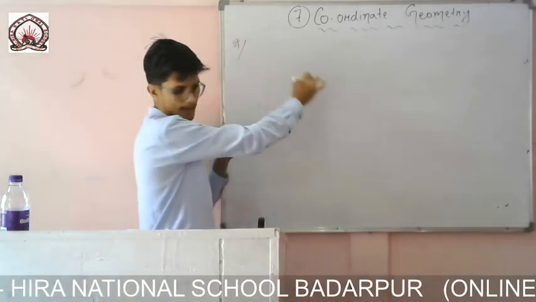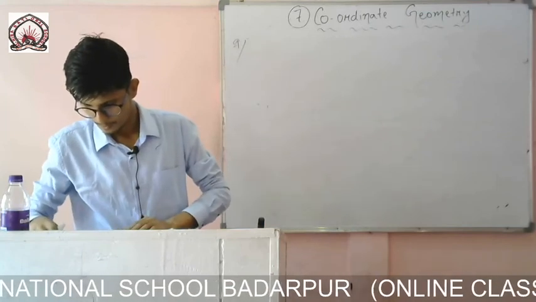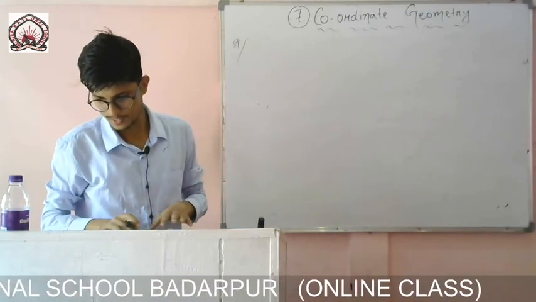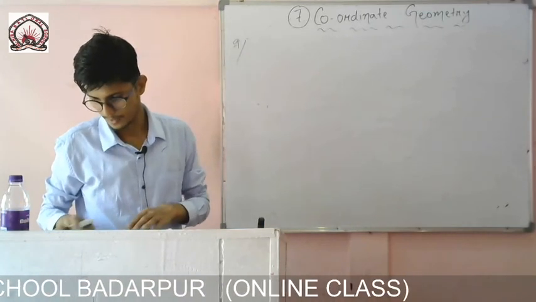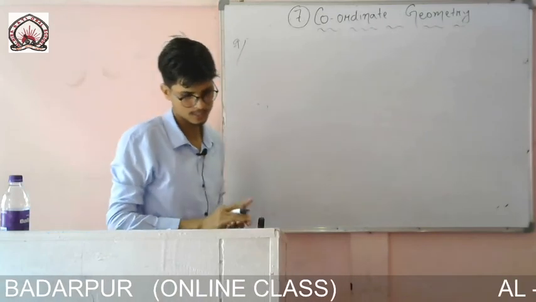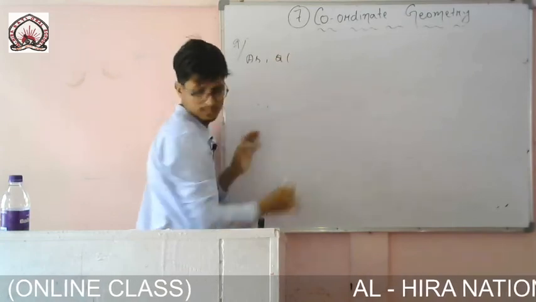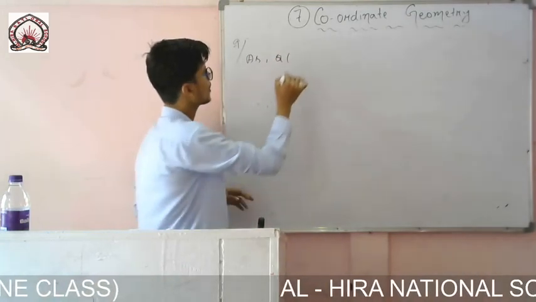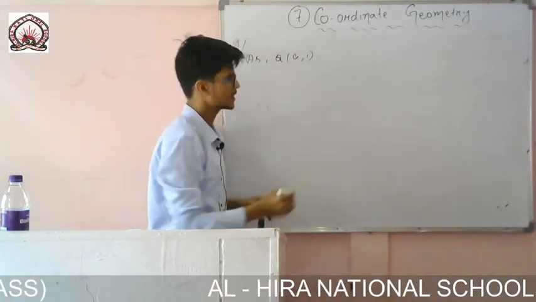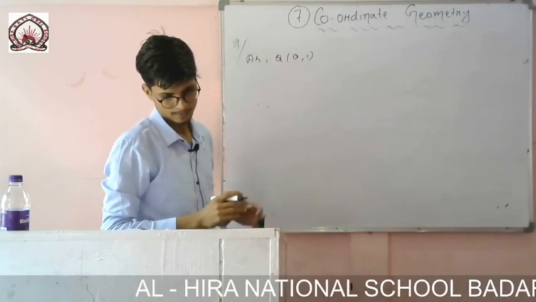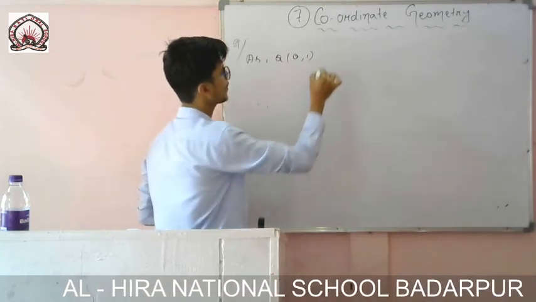Question number 9: it is given here, if Q is equidistant from P and R, find the value of x, also find the distances QR and PR. So you write like this: as Q (0, 1) is equidistant from